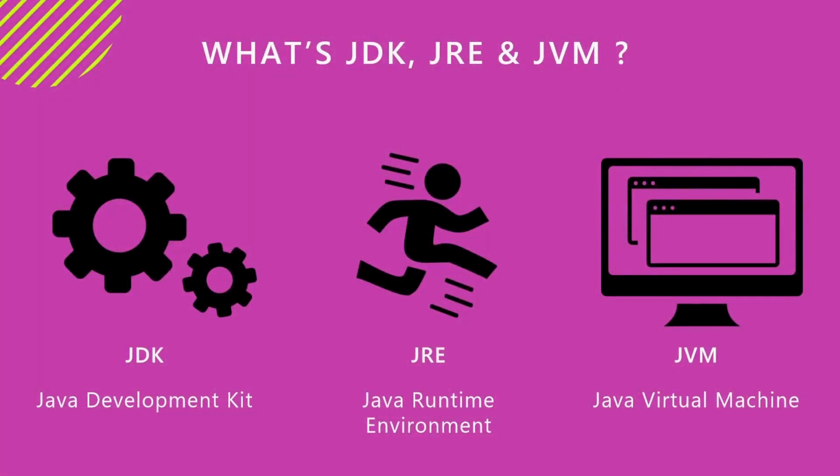Before we start coding, we need to understand what are the basic things required for running or developing a Java program. There are three main things that come into play: JDK, JRE, and JVM. JDK stands for Java Development Kit. You can think of it like a toolbox for Java developers. It contains all the tools and components needed to create, compile, or run Java applications. This includes a compiler, libraries of pre-written code for common tasks, and development tools to help you write and debug